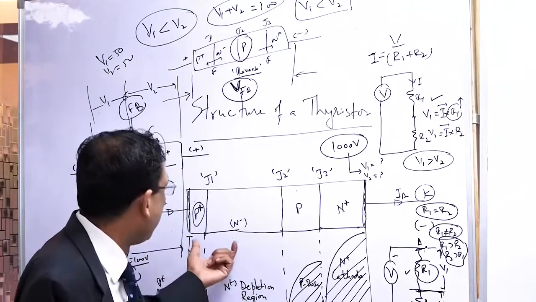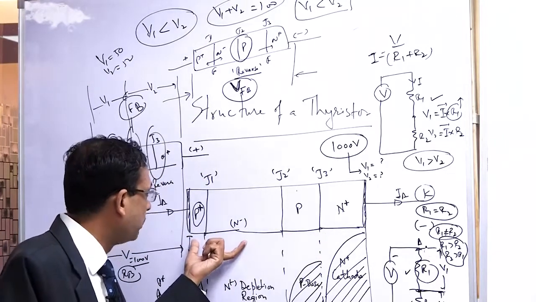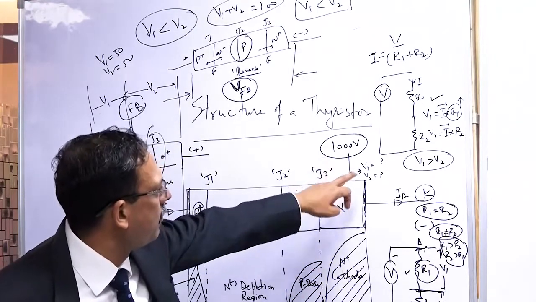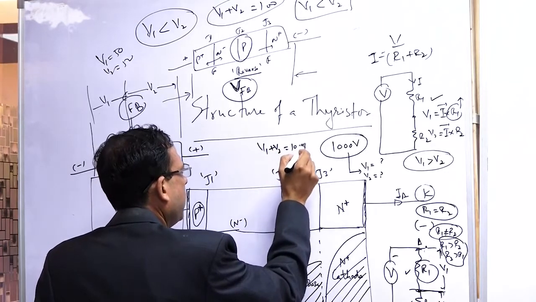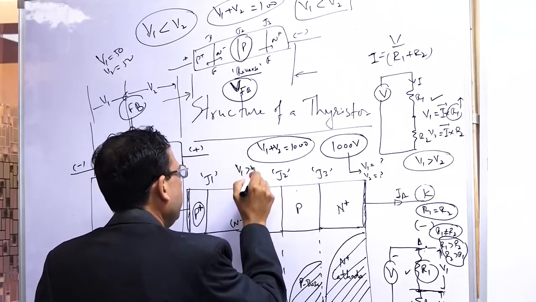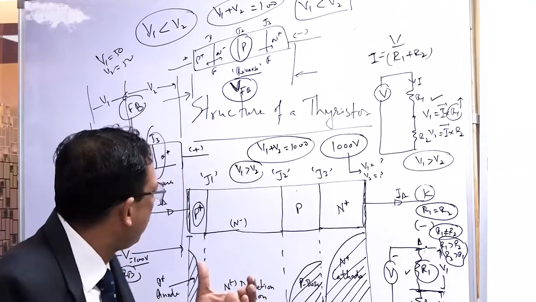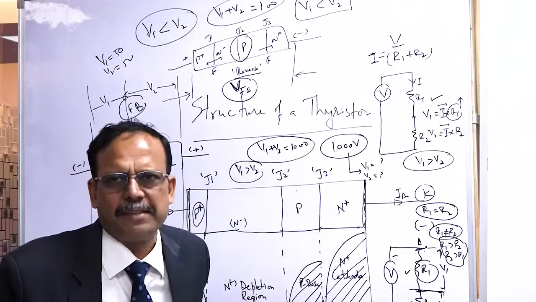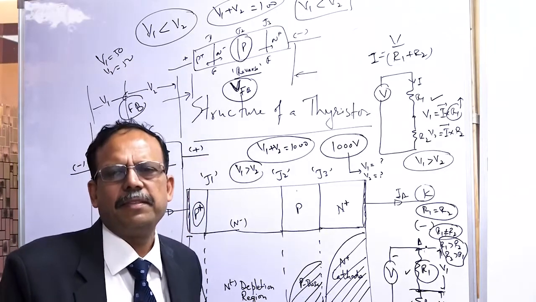Just have a guess. This is going to give you an insight into the semiconductor: how the doping is done, why the doping is done, how much will be the voltage across this and how much across this. Just guess it, because V1 plus V2 should be 1000. V1 is greater than V2, that is okay. I want to understand in your mind what V1 should be and what V2 should be. Please, everybody, try to guess and tell me.